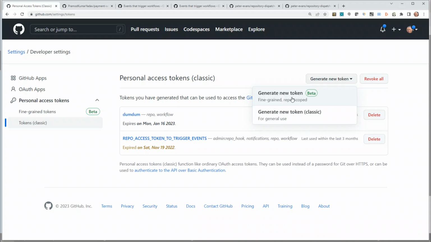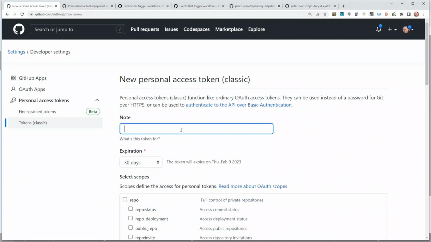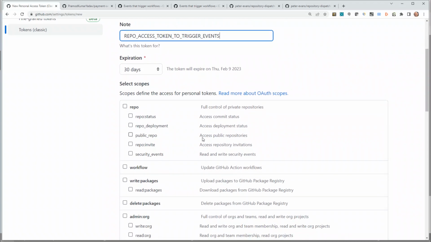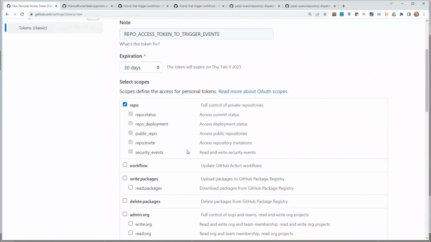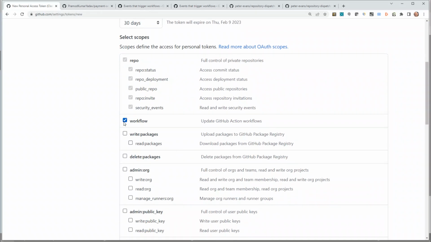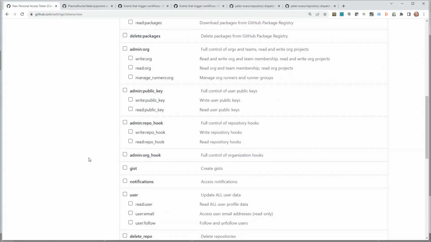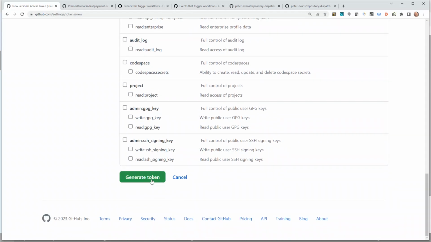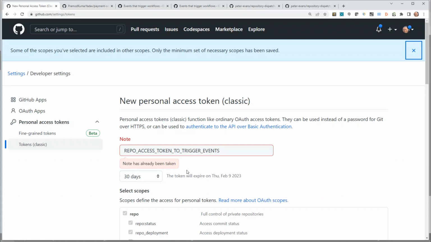And let's generate a new token, and not a fine-grained but a generic token, right? And I'm going to call it a personal access token, or maybe the same name, whatever is in the workflow, and let's give it access on repository, and let's give it access on workflow, and I'm not giving it any other access, and I think this should be fine. And by the way, this name has already been taken. Okay, so